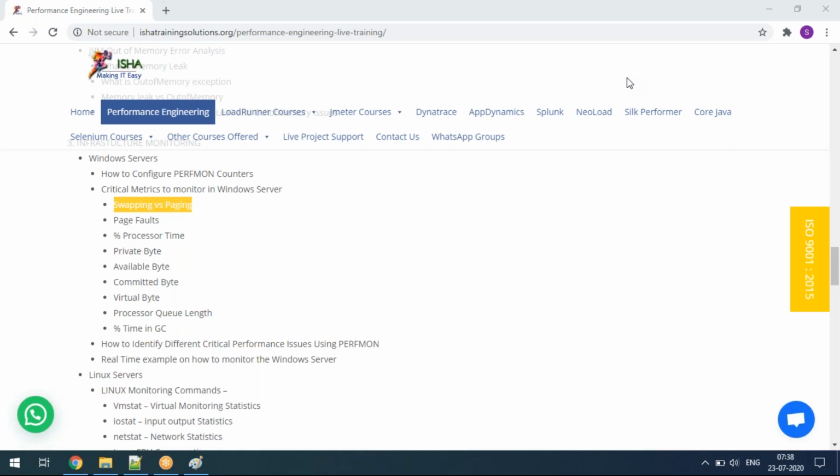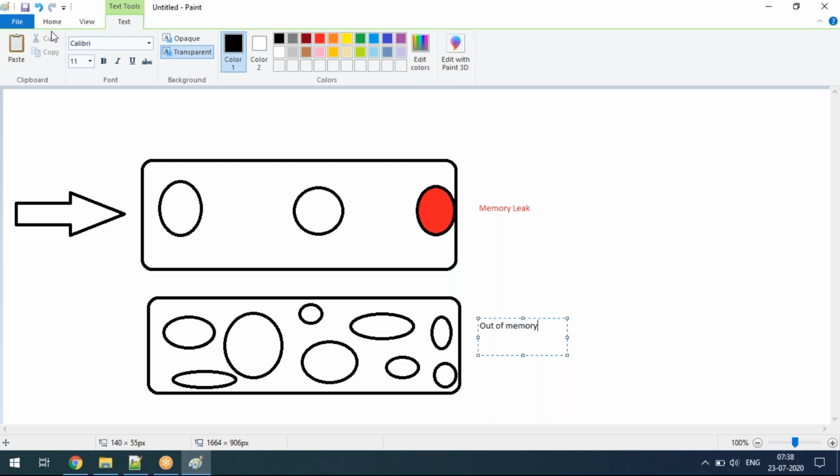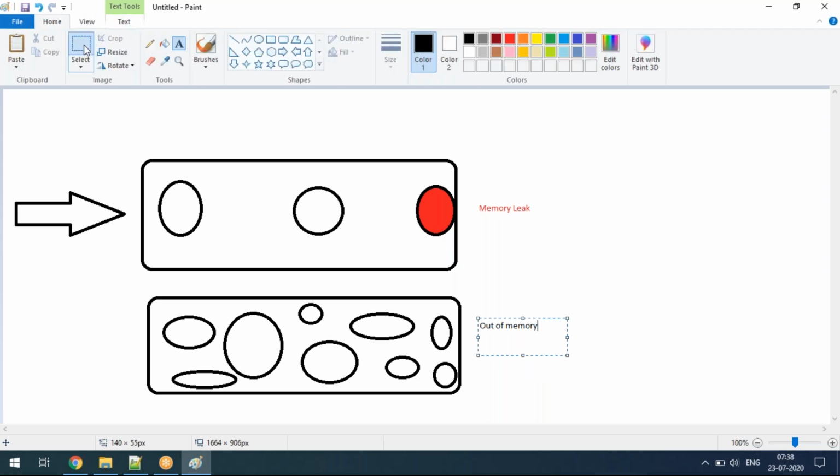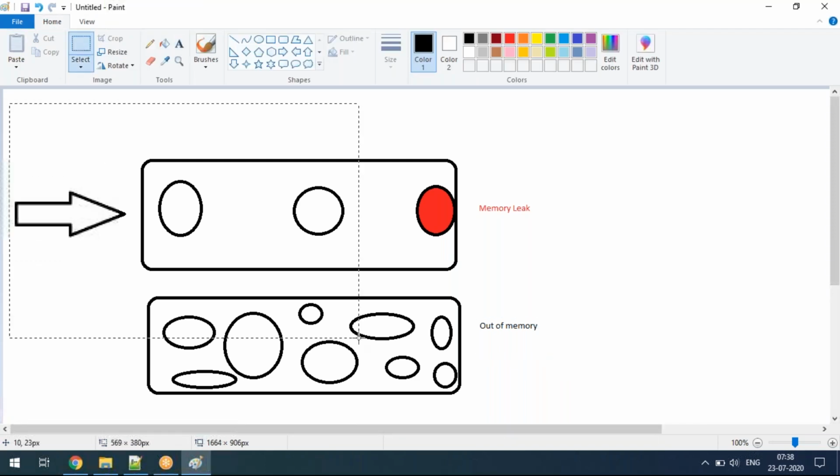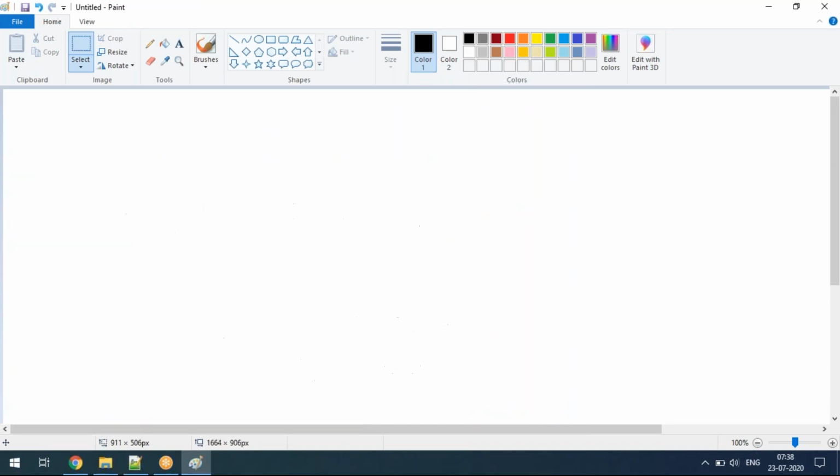Srinivasan, as per my understanding, swapping is like this: whenever any application is running, first of all it will utilize the virtual memory, or the JVM kind of memory. Once the heap fills, it will try to access the hard drive resources. So that's called swapping kind of.